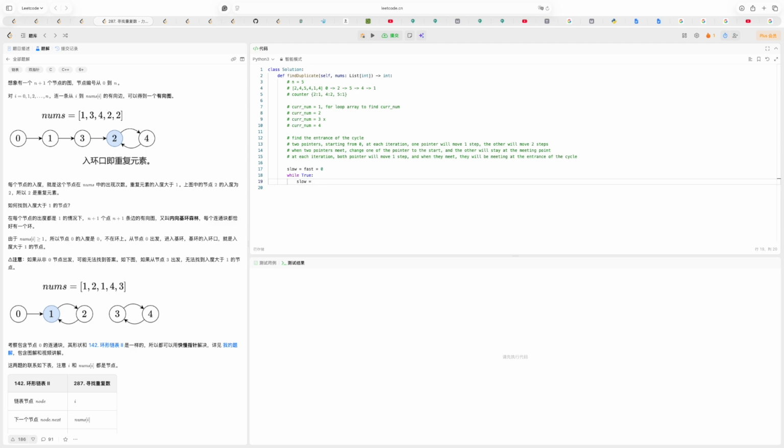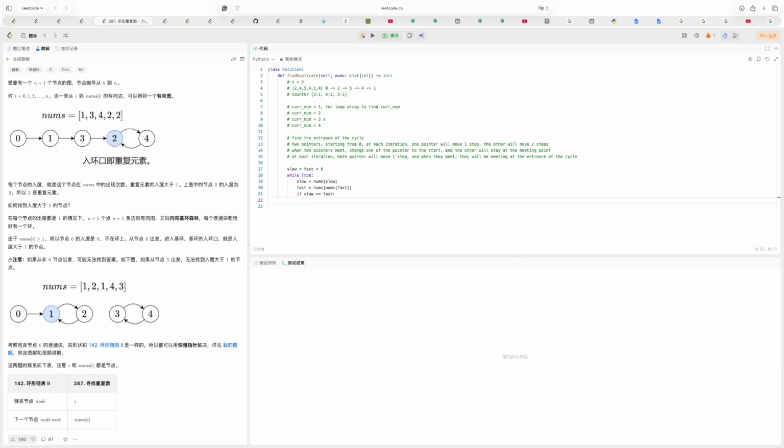For moving in the list, it will be slow, and for fast, it will be fast, and this will be nums. Okay. So if slow equals fast,